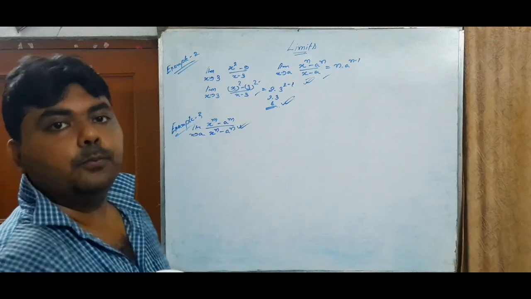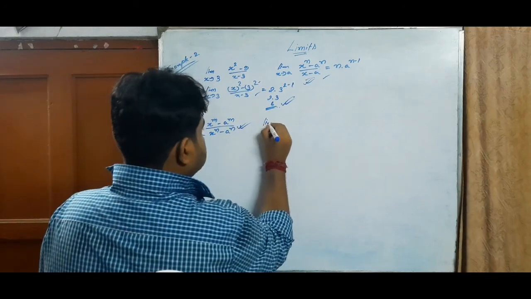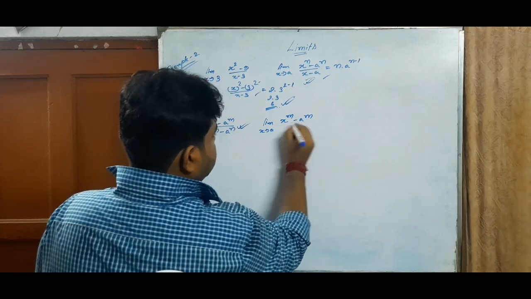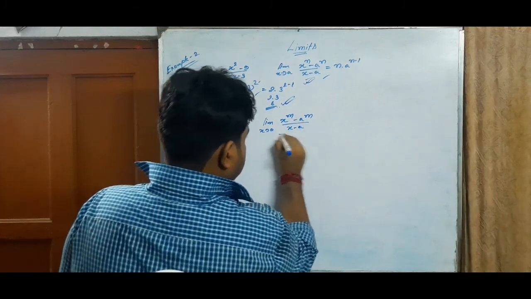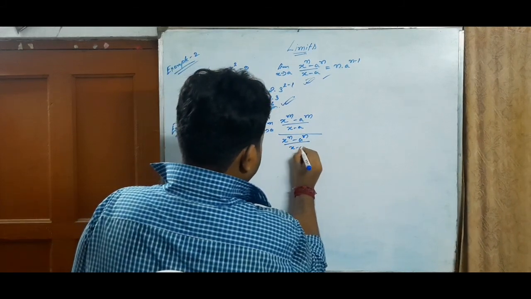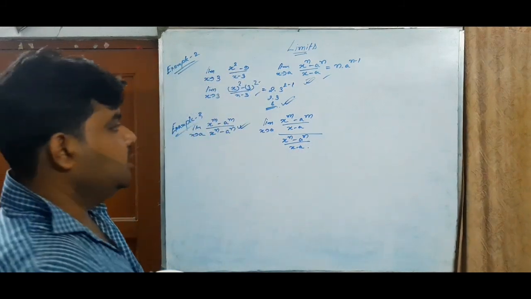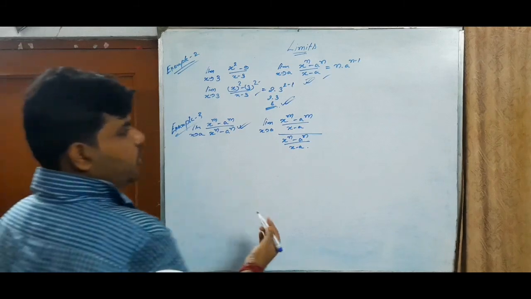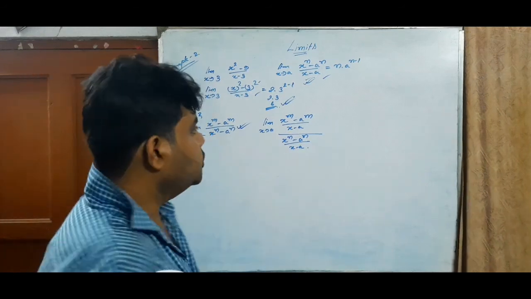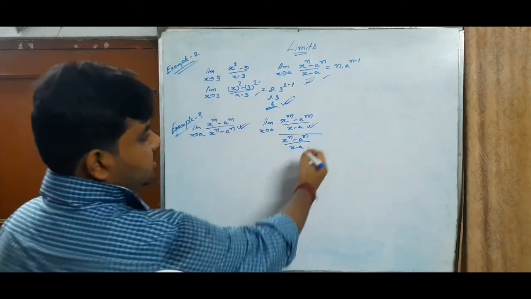We will divide both the numerator and denominator by x minus a. Just see, limit x tends to a, (x to the power n minus a to the power n) by (x minus a). Again, we are dividing both numerator and denominator by x minus a, because it's not our choice. Wherever we need, we divide; we can't do that arbitrarily. So we have to divide both numerator and denominator by these.